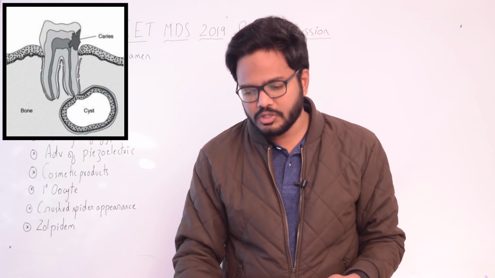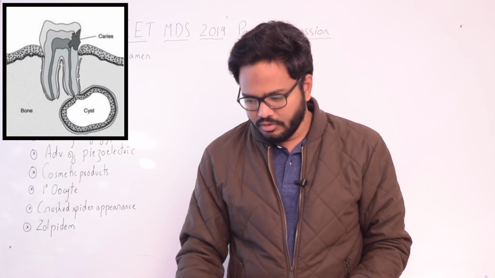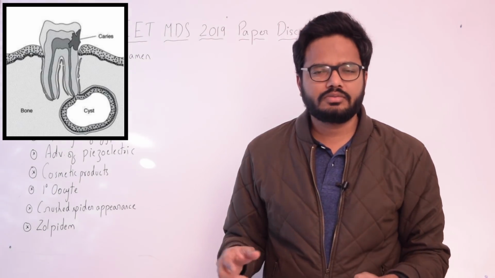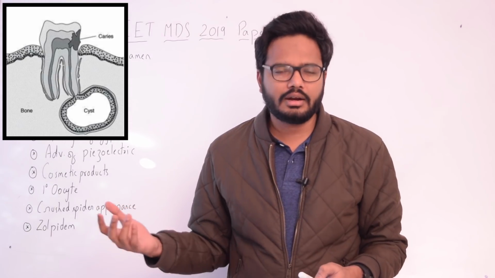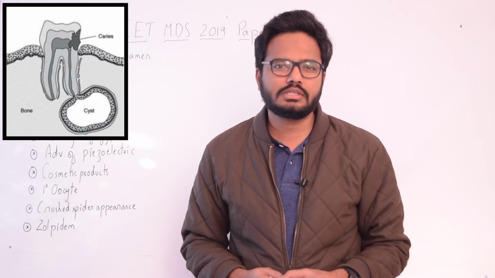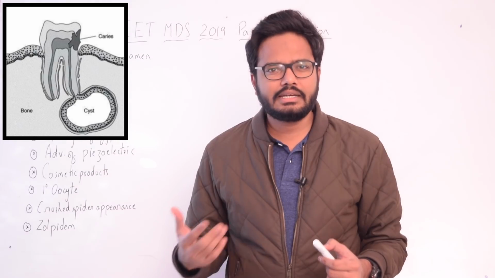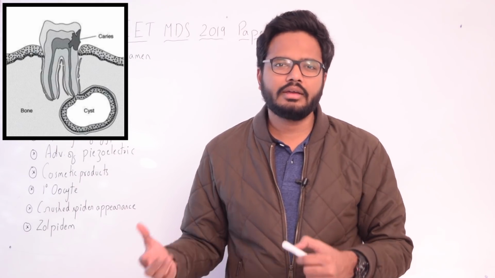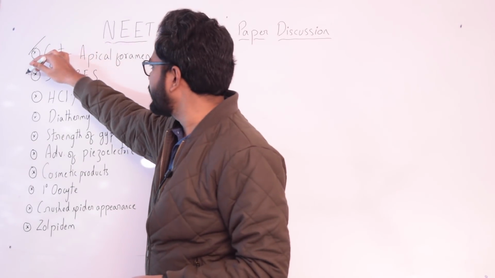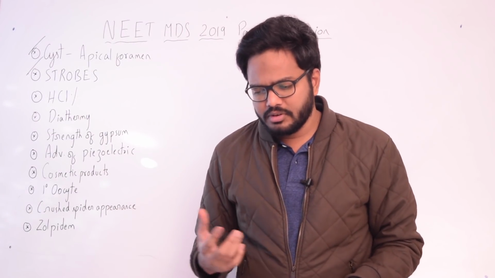So this can lead to formation of granuloma, and subsequently, because of loss of blood supply, there will be cyst formation, right? So I'm sure you're aware of all of these concepts. And another reference, this reference is from Grossman. In one of the other article references, it's clearly mentioned that radicular cyst, also called periapical cyst, is associated with the apex of a non-vital tooth. And in fact, we have discussed in detail about periapical cyst both in the endo and oral pathology sections of the classes, right?